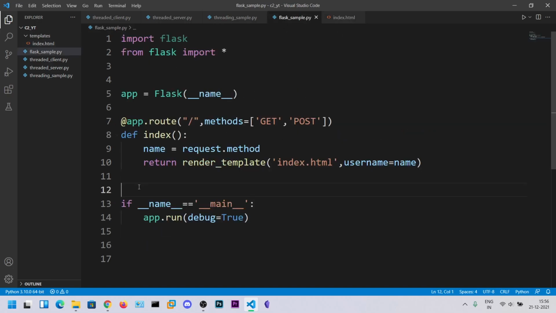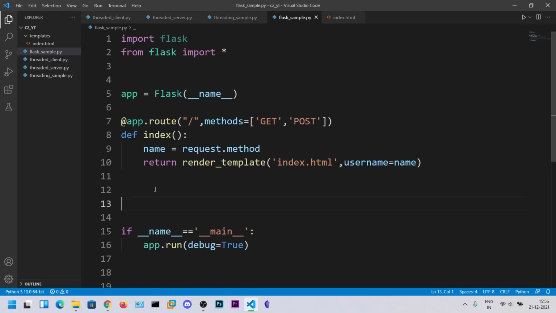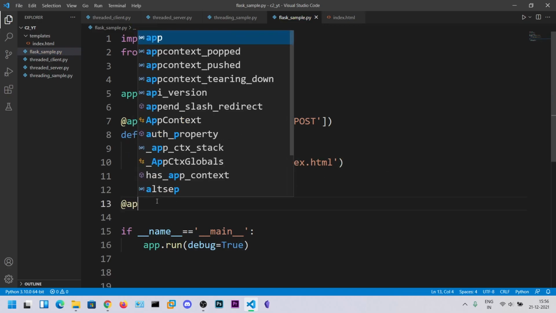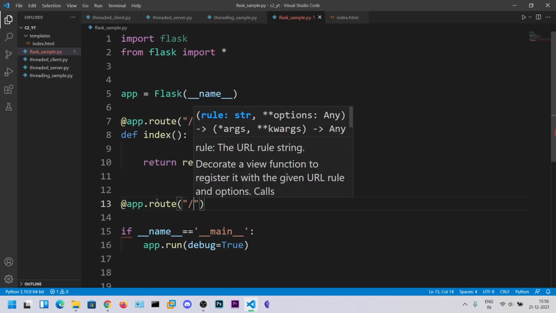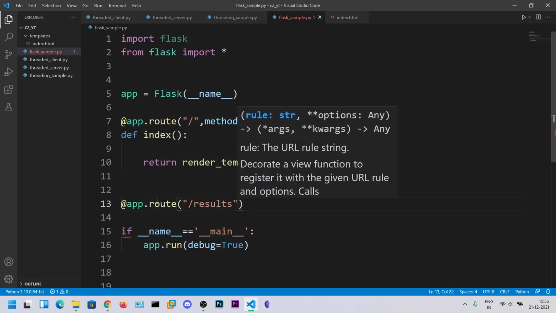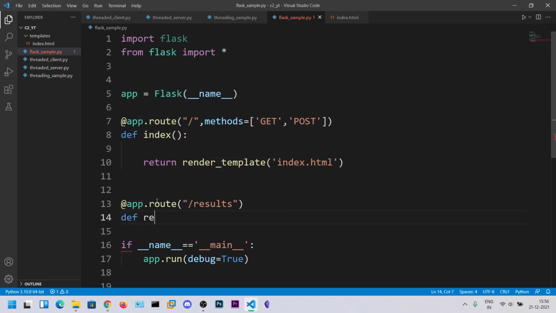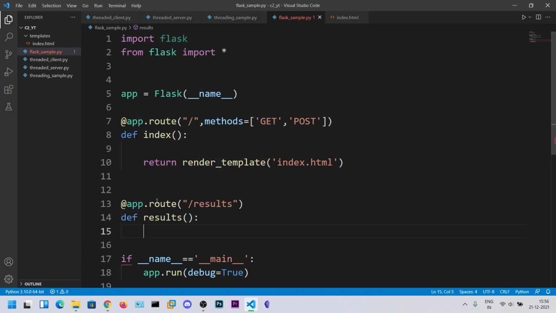So let's say app.route of /results. I'm just defining the results, and you can name it whatever you want.